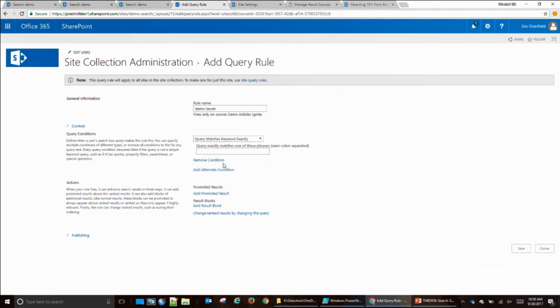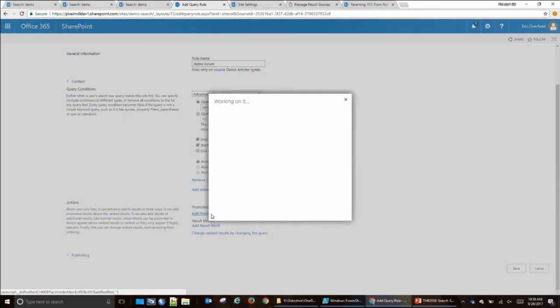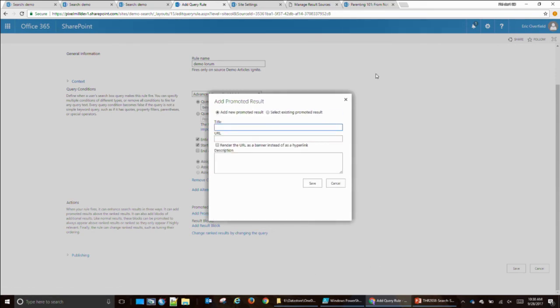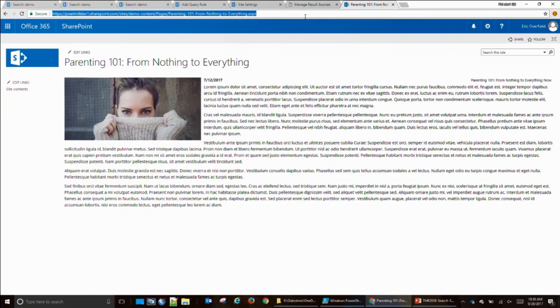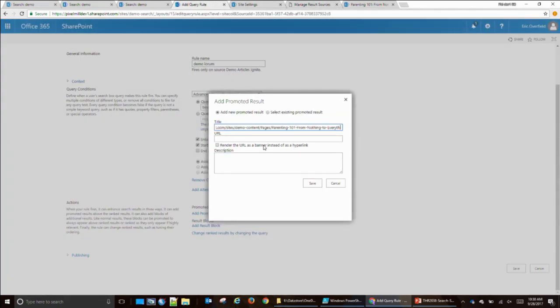Actually, I want to go into advanced query text, it's a little easier for me. I'm going to say if query contains a word, then I want to promote a result. I know I'm not zooming in, and just trust me on this. There's great articles on how to do this, but I do want to show you the power of this. Now, if someone types in the word Bing, I want to promote this particular article that you're seeing here, Parenting 101. So if I go back to this and I say Parenting 101, I give it a URL,